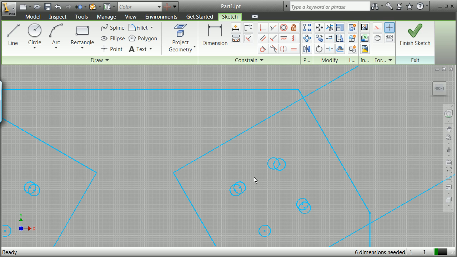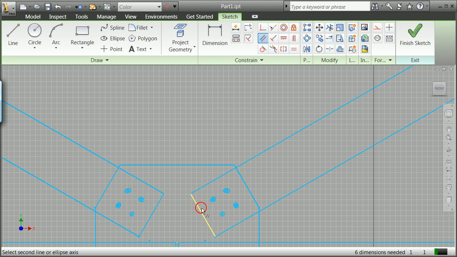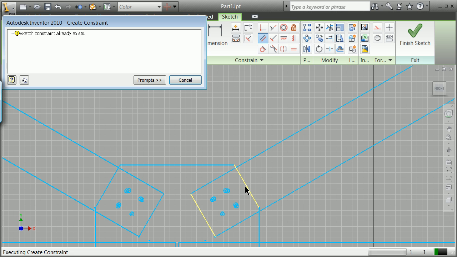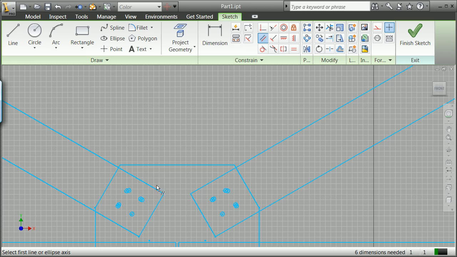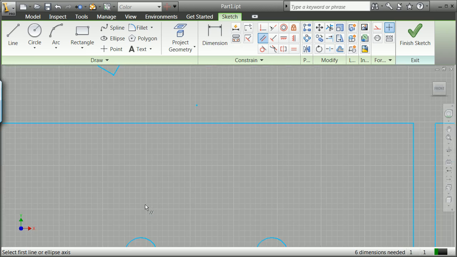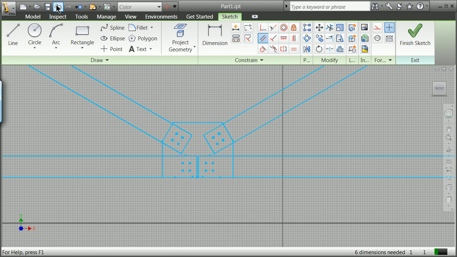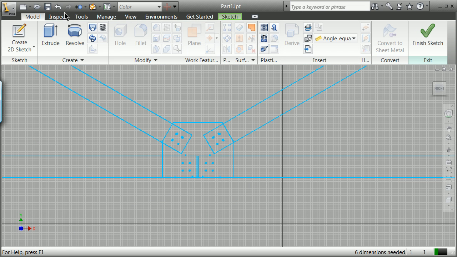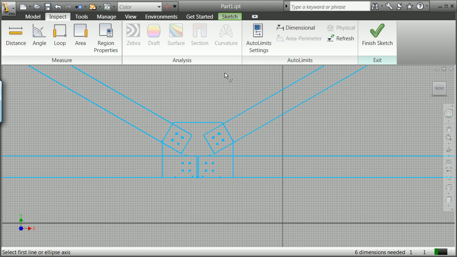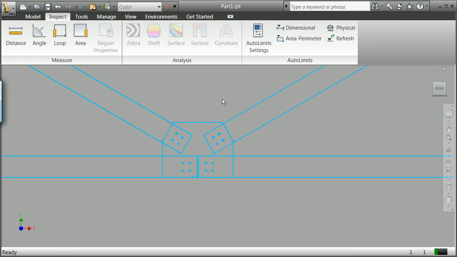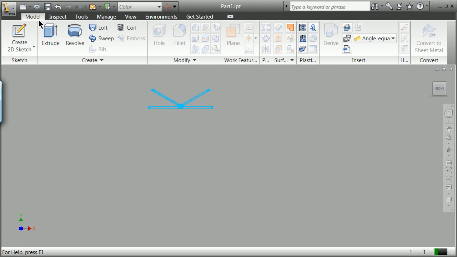So what we're going to do is go ahead and try again. We're going to say parallel this one to that one, and it already exists. I'm going to say cancel. I'm not sure why this constraint is not coming in, but be that as it may, in this mode you can go to Model, Inspect, but when you finish the sketch here, you go back to Model, and of course we lost our view